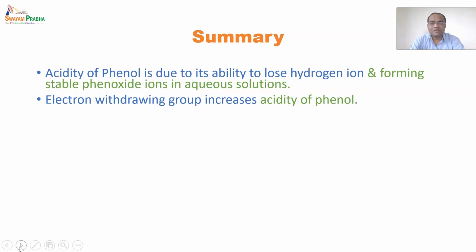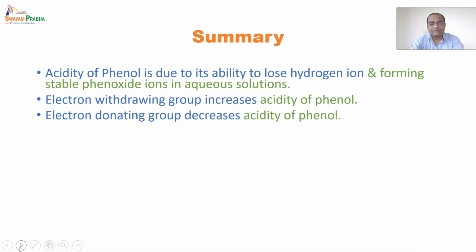After that we have seen effects of a substituent. There are two types of effects of a substituent. One of them is that an electron withdrawing group increases the acidity of phenol, due to which the positive center of phenol increases, and the electron withdrawing group withdraws electrons from the aromatic ring, and the charge on that phenoxy oxygen becomes least, due to which the acidity of phenol increases.